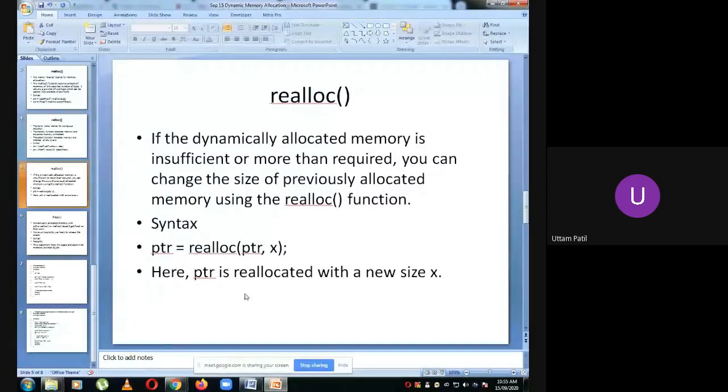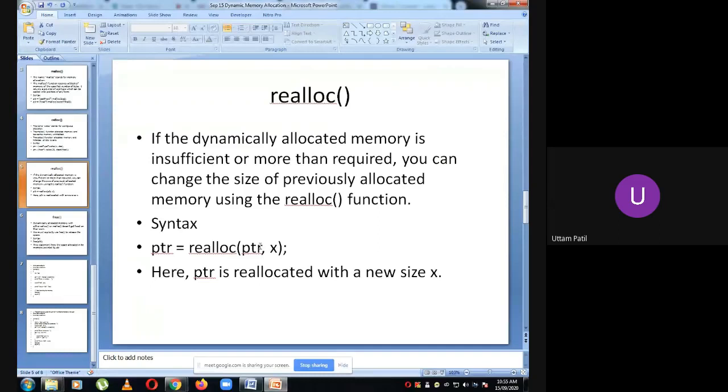The syntax is ptr is equal to realloc(ptr, x). Here ptr is the memory which is already allocated through malloc or calloc, and x is the new size.